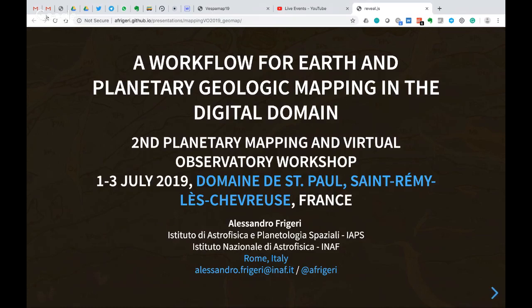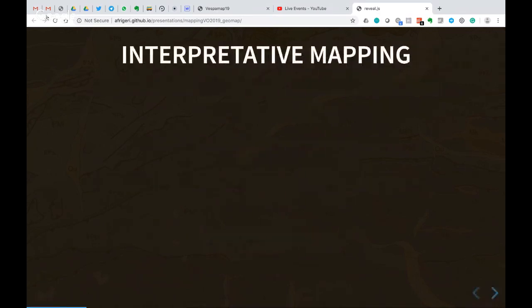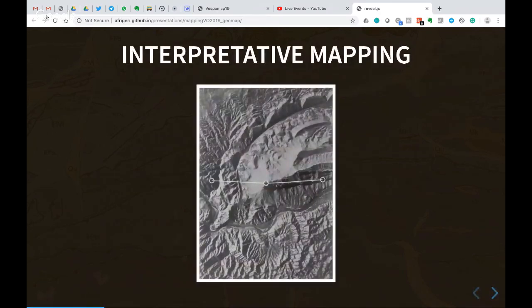this is just to start a discussion for those of you who are mapping, who are producing geologic maps within a digital environment. I mean, commonly we are using GIS, but it may also be possible to use some other software. So